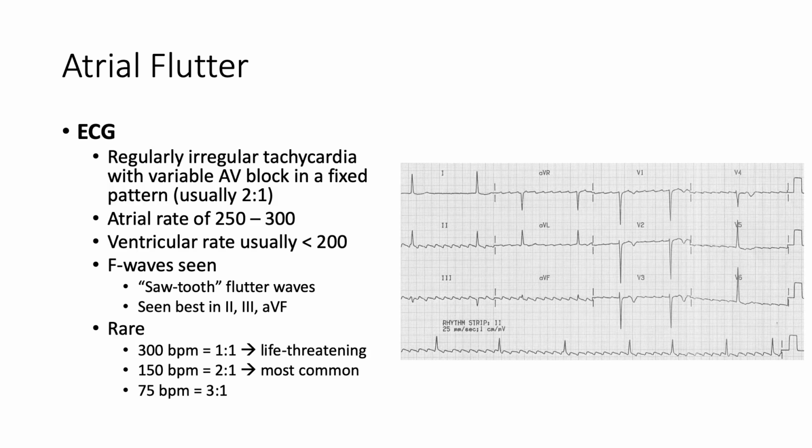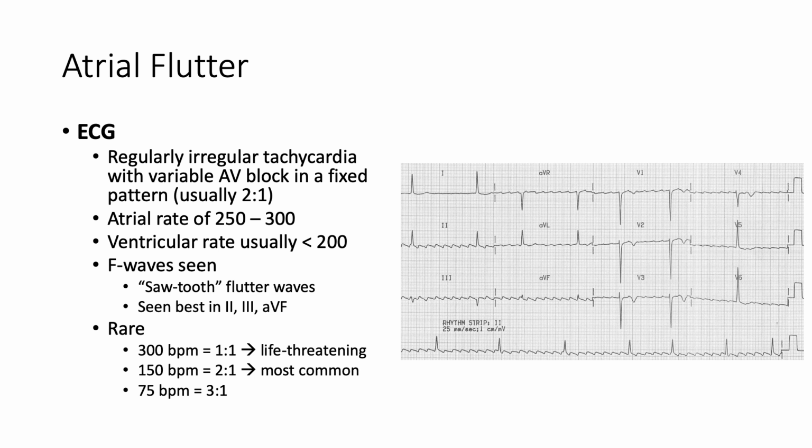So if we have a look at this ECG, we can really see those flutter waves that we were talking about. So this one's quite a low conduction rate. If we look, you're almost looking at 8 or 9 large boxes in between there. So this is quite a slow example, although it does have some faster portions here. But in general, it's going to be rapid and irregular, but it'll be in a fixed pattern, so the 2-to-1,